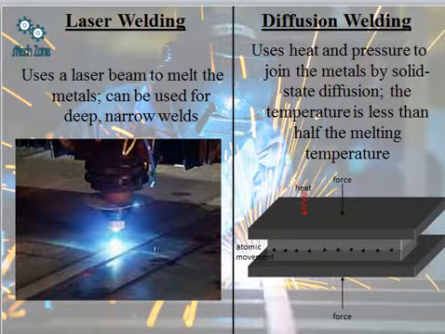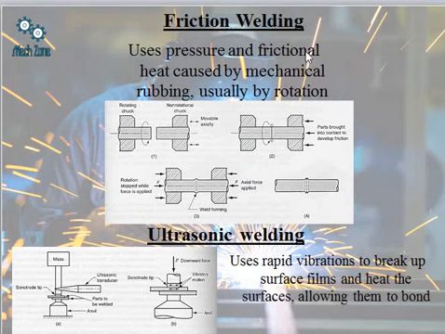melting point temperature. Now here in the friction welding, we are actually using the concept of friction. You can see in the diagram that one of the rods is undergoing a rotation, whereas the other is held fixed, and the rod is traversed in the forward direction such that it comes into contact with the stationary rod, and due to high friction between the two surfaces, a large amount of heat is generated and it is pressed against this rod, and hence this joint takes place, and after machining the surfaces can be made